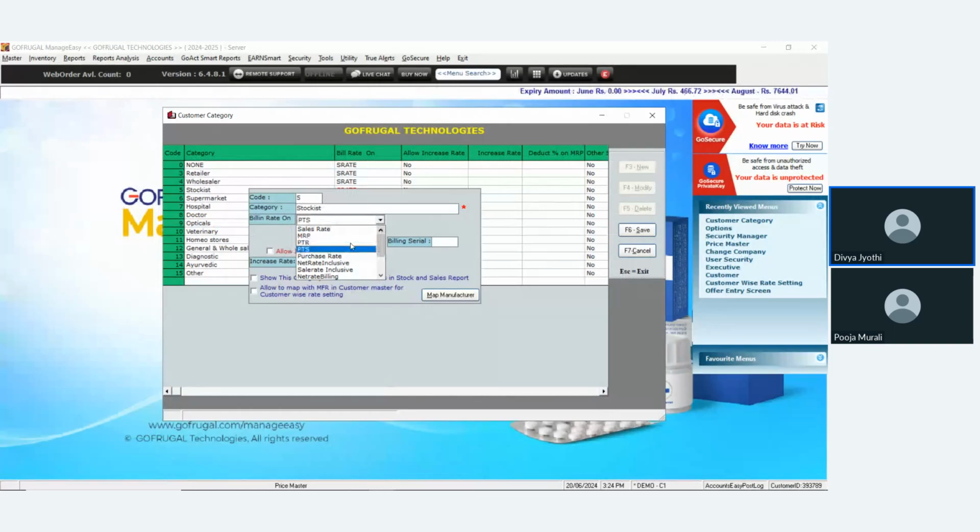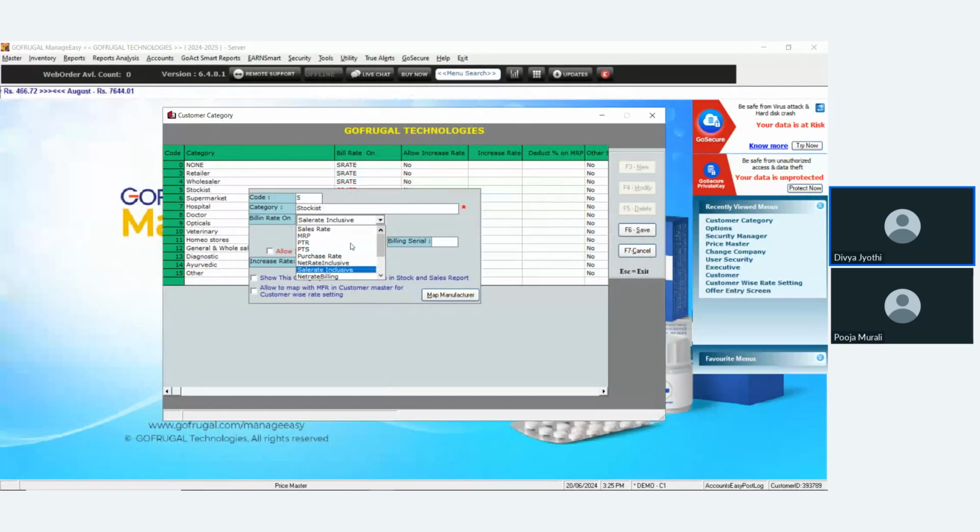Similarly, purchase rate, and net rate inclusive is the GST inclusive. Sales rate inclusive is again tax inclusive. For example, if you have mentioned 100 rupees as the sales rate while making purchase, the same will be taken here when you make sales, and that will be including GST. So 100 rupees will be including GST. While splitting, it will show the actual value and the GST value, and the total value will be 100 rupees. Similarly, net rate billing, cost rate,